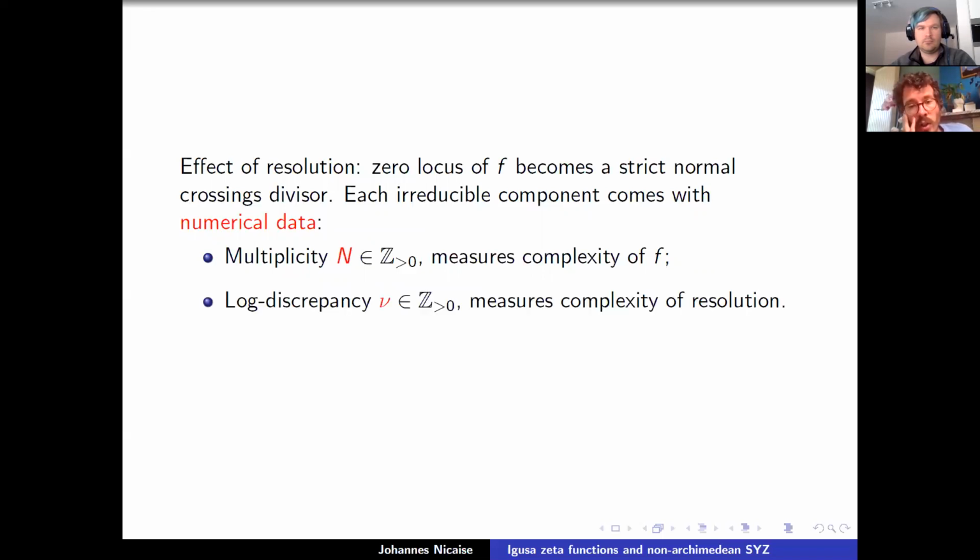And we can consider the log discrepancy, nu. So this is an invariant that measures the complexity of the resolution. So nu minus 1 is the order of the multiplicity of the component in the relative canonical divisor of the